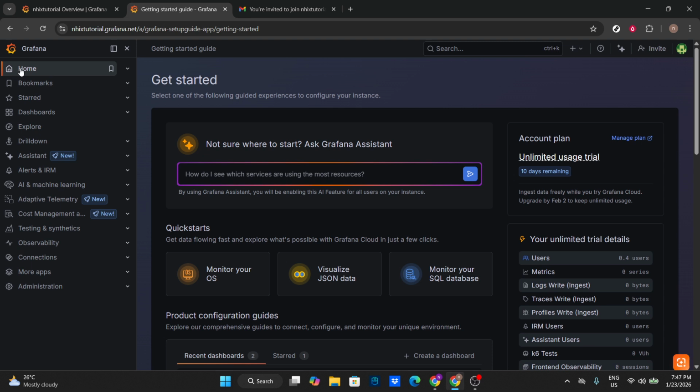Take a look at the left-hand sidebar. This is your primary navigation in Grafana, and it includes items like dashboards, data sources, alerts, and other tools, depending on what's enabled in your instance. Each item in that menu is something you might visit often, and bookmarking helps you keep the most important ones